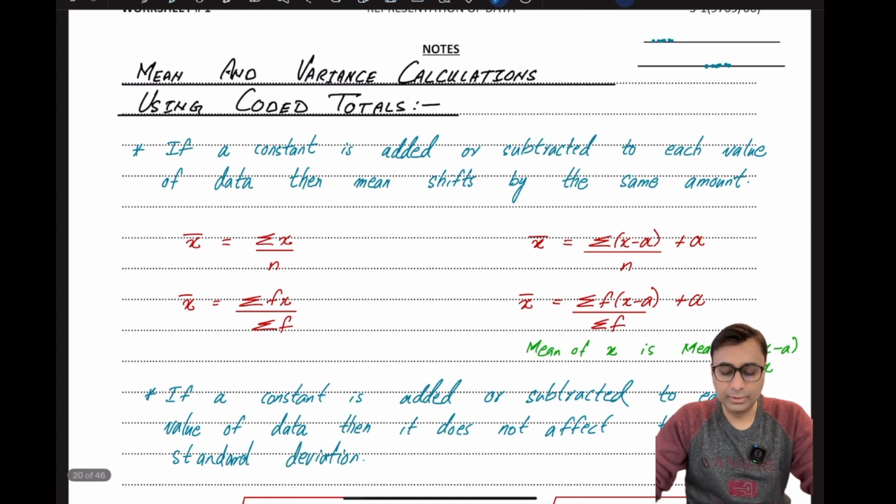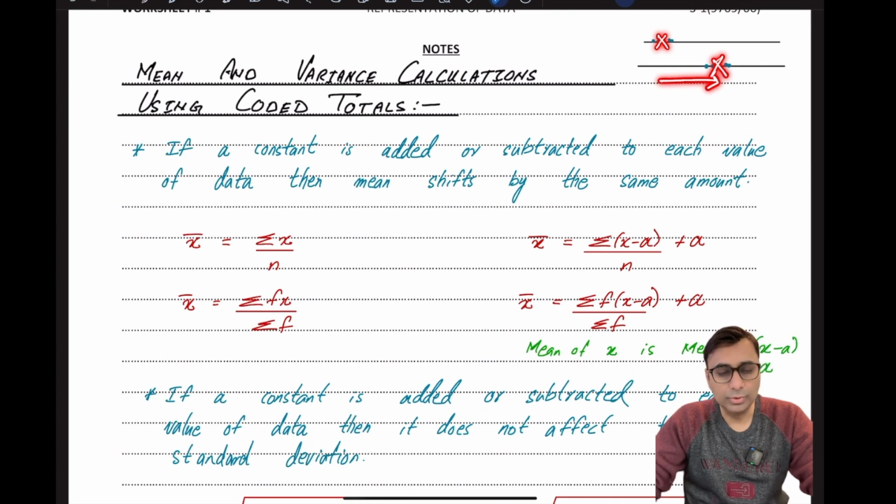let's say, I have a set of data and let's say that set of data is represented by these dots on a number line, and if I add a constant value to each value of data, every value of data has a constant being added to it. Now, what you can see graphically over here is that if I compare the mean of this data and the mean of this data, the mean of new data would shift by the same amount which is added to each value